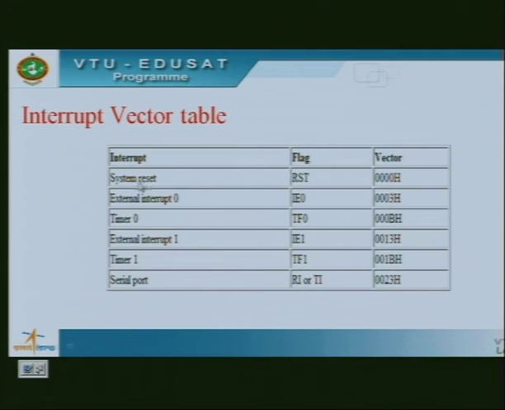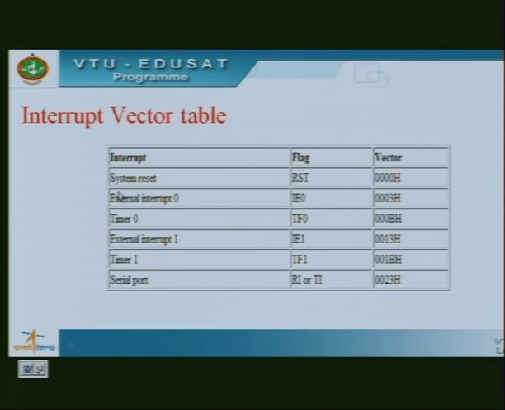As soon as we get a system reset, where does the CPU control go? The CPU automatically goes and searches in the memory location 0000. So, what should happen on reset? That program should be written in this memory location. So, it means to say all these vector addresses indicate where the CPU control shifts to as soon as this